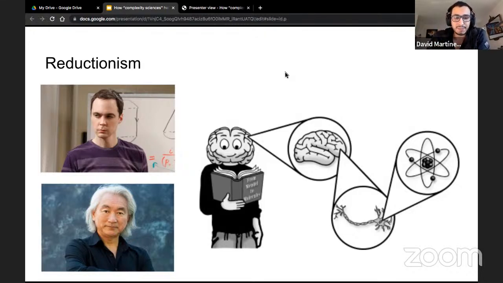So in that perspective, we could understand every phenomenon, even the consciousness, by just understanding a few laws.